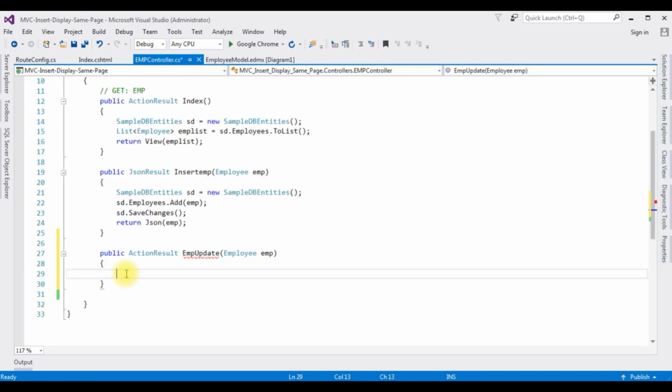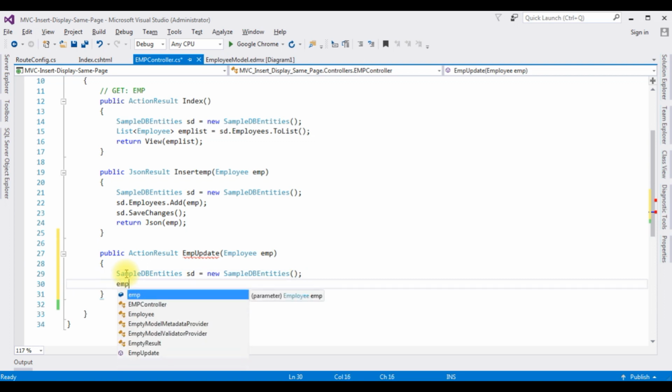Let's write the coding part. SampleDBEntities sd is equal to new SampleDBEntities. I'm adding the table name employee,